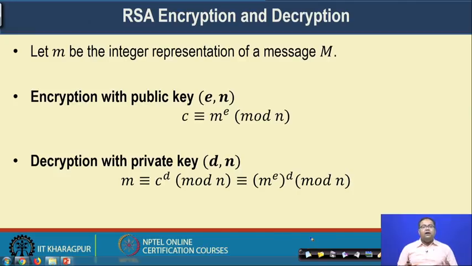So, by applying the RSA algorithm, you have a public key and a private key. Whenever you are interested in transferring a message, say whenever Alice wants to transfer some message to Bob, Alice encrypts the message with Bob's public key, and once Bob receives that ciphertext, Bob can decrypt the ciphertext and get back the original plain text by applying his private key.